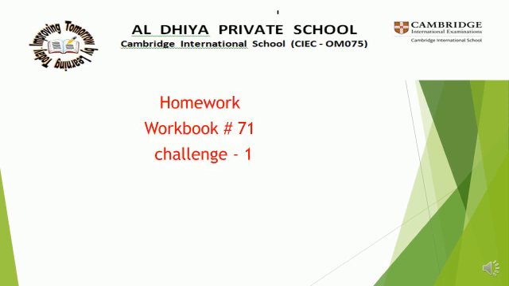Next, today your homework is workbook page number 71, Challenge 1, first and second question. I am reading these questions for you. 3 brothers have 5 toy cars each. How many cars? Read the words altogether, total. If you see terms like this, what do you have to do? You have to do multiplication. For the first sum, you have to do multiplication.